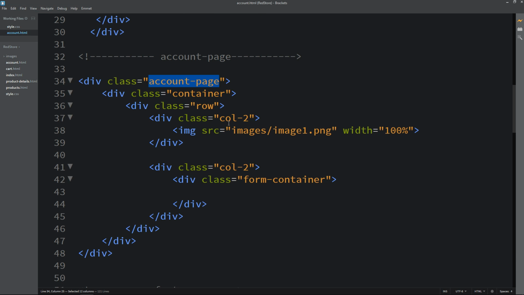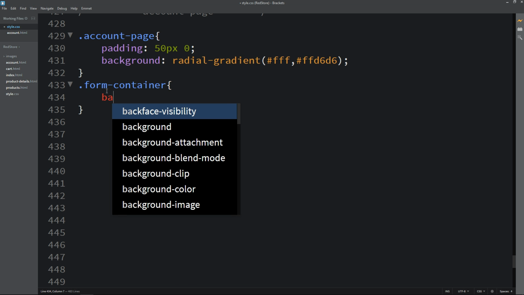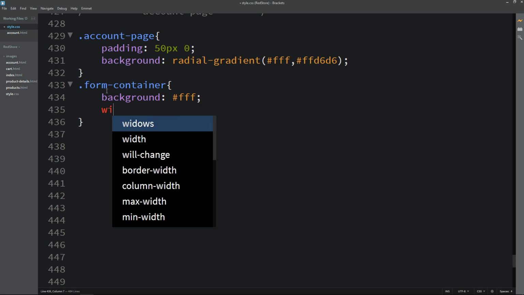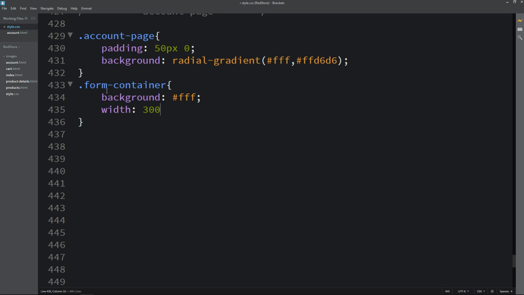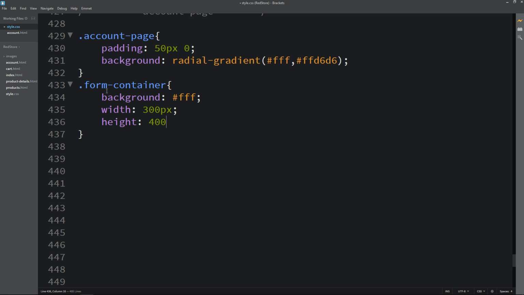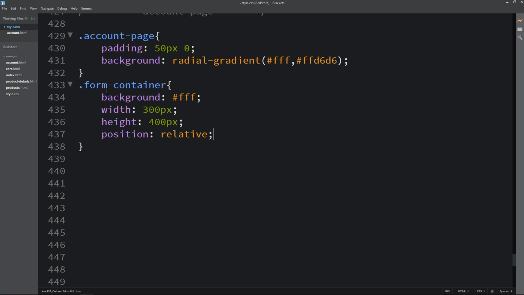Now just come back to the HTML file, and from here we will copy this class name form container, write it here in this CSS file, and for this one we will set the background, it will be white, and we will fix the width. So it will be 300 pixel and height, it will be 400 pixel. Then we will add position relative.